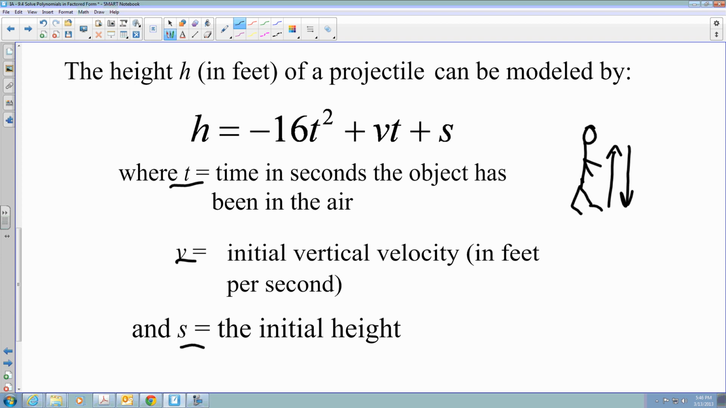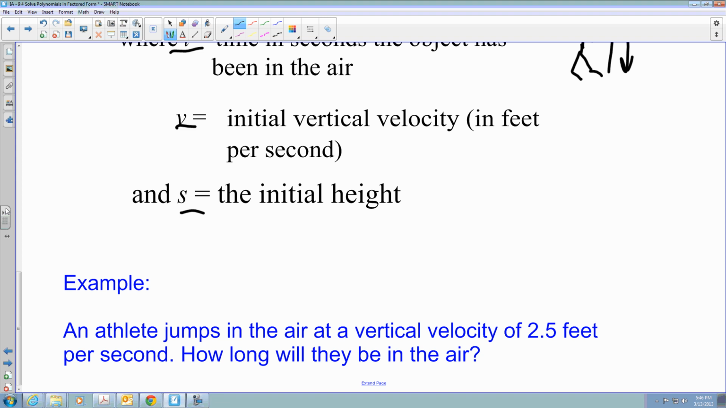Because usually when we're thinking about the floor or the ground, we consider that height at 0. But sometimes, let's say he was on a rock, and he wanted to jump off the rock. We want to see how long he's in the air. So sometimes the initial height may be higher than 0. Okay. So if we look at our example here, I have